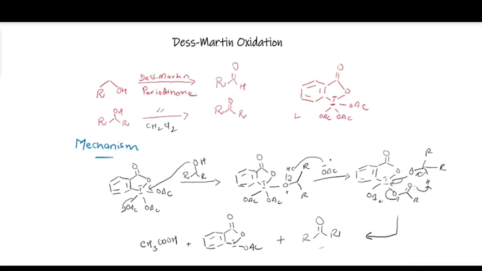So this is how primary and secondary alcohols are oxidized to aldehydes and ketones respectively in the presence of Dess-Martin